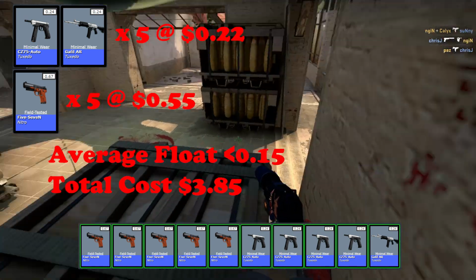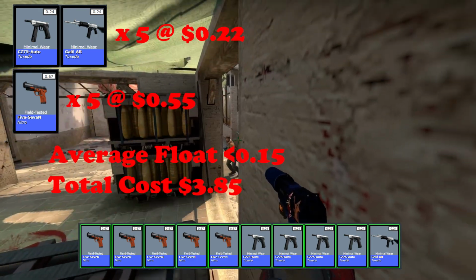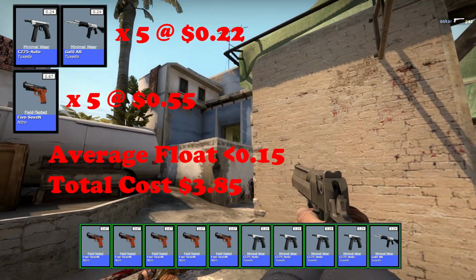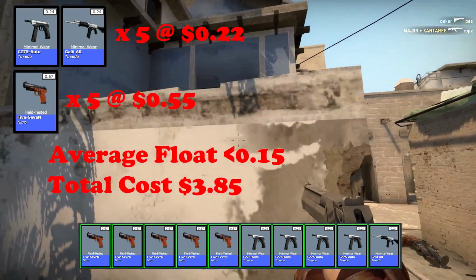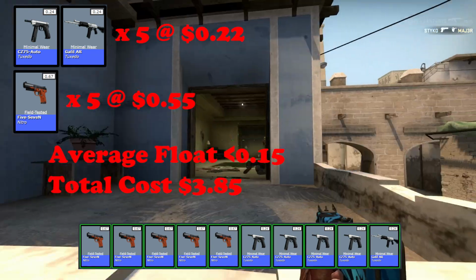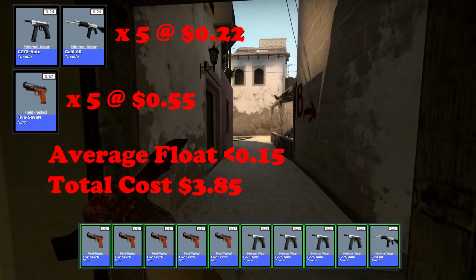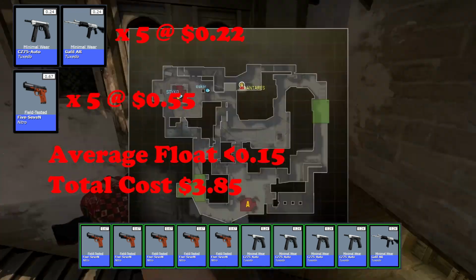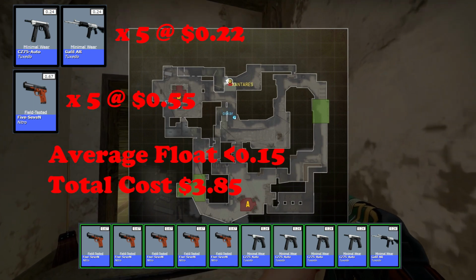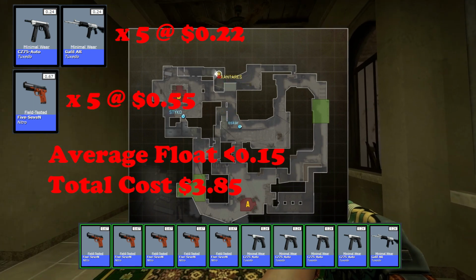For this trade up you'll need 5 minimal wear tuxedos from the Bank collection, about 22 cents each with a buy order on the Steam market, and 5 field tested 5.7 nitros from the Chop Shop collection, which are about 55 cents each on the Steam market with a buy order. The average float needs to be less than 0.15, so the amount the 5.7s are over 0.15 needs to be balanced out by the amount that the minimal wear skins are under 0.15, and the total cost should come to